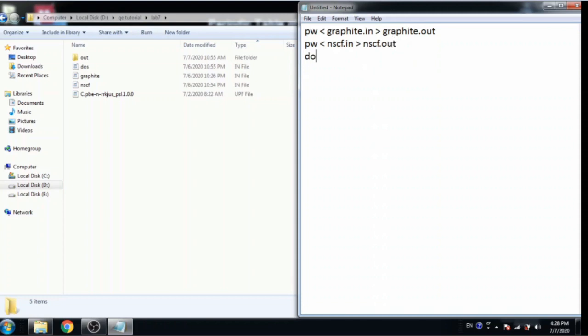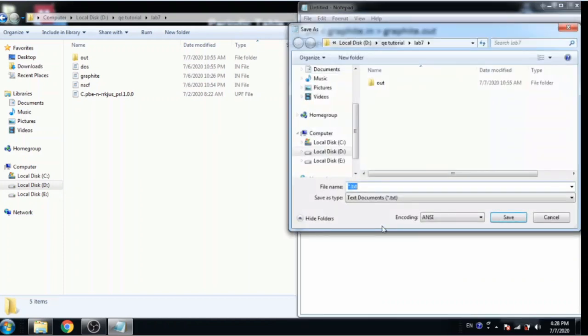Now dos.in is compiled with the DOS command, so the DOS input file is dos.in and the output file is dos.out. Save this file as a batch file. So save as, here I wrote the name autorun.bat, and save in the same folder.